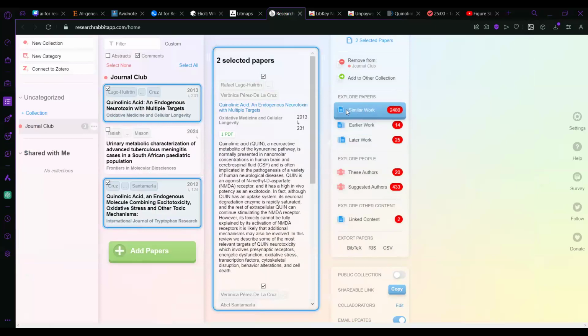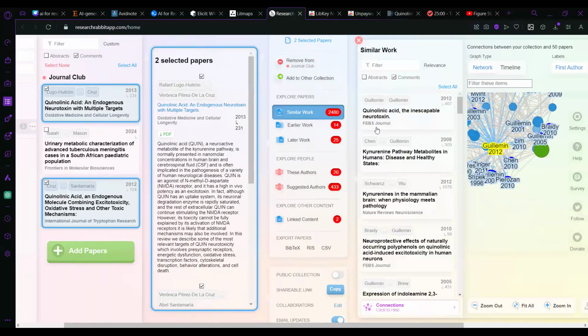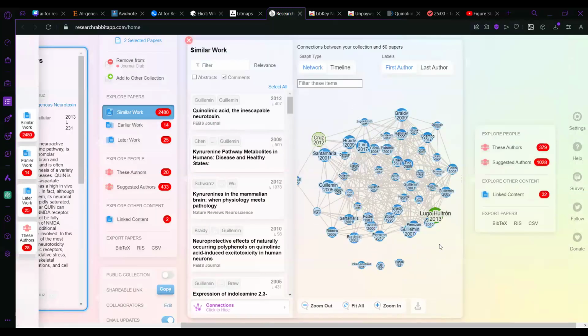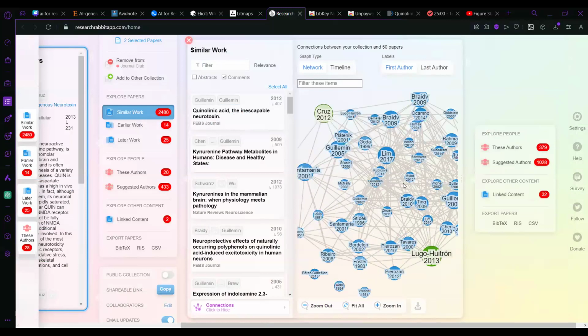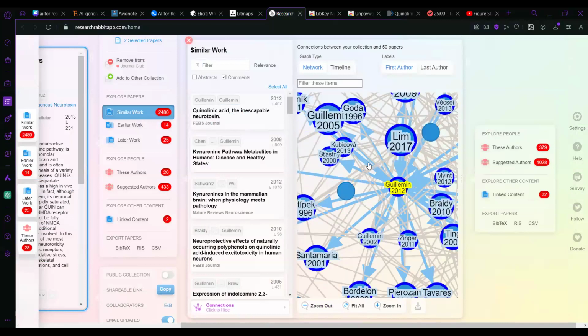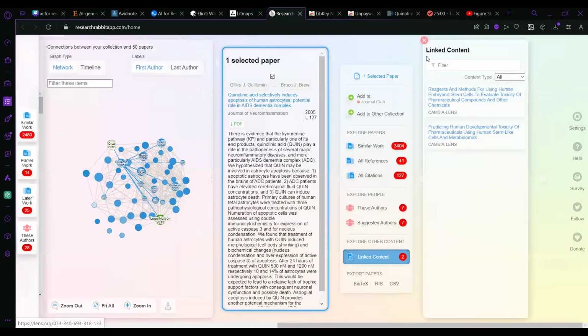Then you can ask Research Rabbit to get you some similar work. Then it'll be able to also make a map for you. It'll link the two articles in some way, shape, or form. Let's say this article is interesting to me, or it's linked by both of them, then you can go to their references, you can go to the authors, you can go to the linked content and everything.